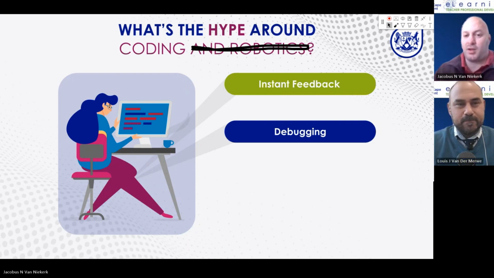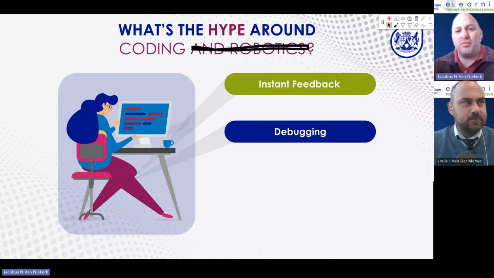I remember that a lot. Yep, that is such an important thing. I think just imagine for a second if we could apply this debugging concept to something like maths. Now you're supposed to solve a complicated equation and you go wrong at step number 1, but you wait a week before you know you got it wrong.